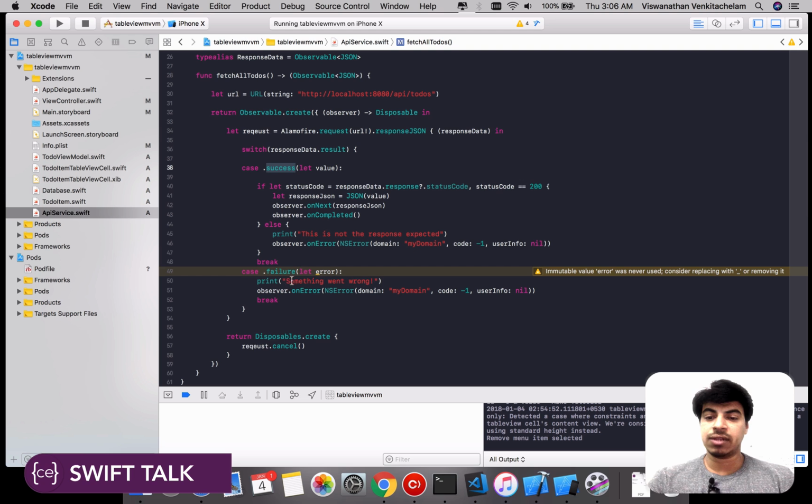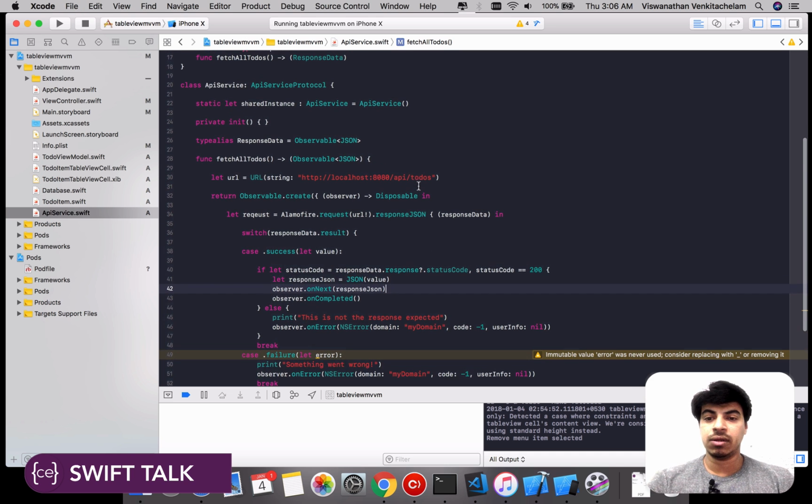And within the success and the failure cases, you just need to send either on next or on completed. This will handle sending signal back to where it is being subscribed. That's it. You are done with including observable within an API call. Let's build and